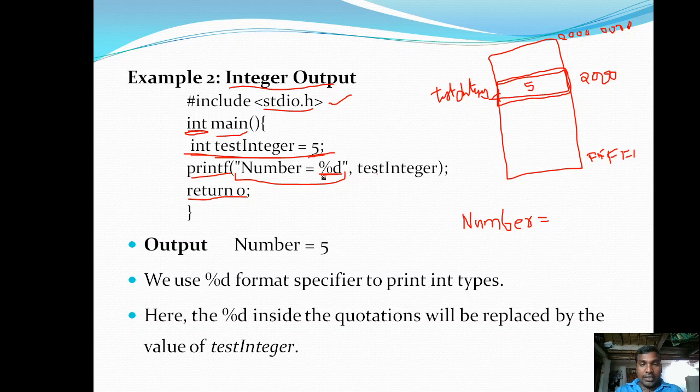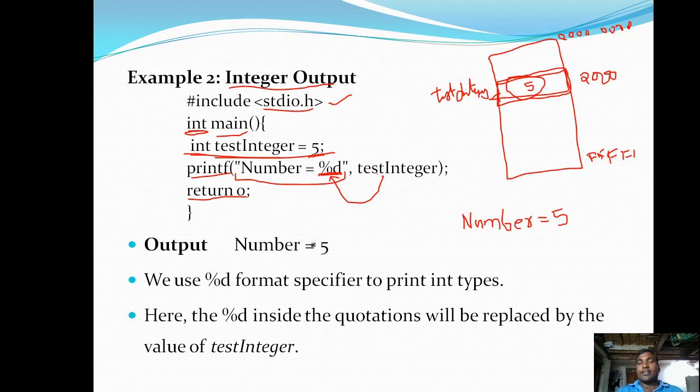Here percentage d is an integer format specifier, so it is going to print some integer value in this place. The integer value is available in the variable specified after the comma. Here test integer is the variable name of integer type, so it is going to print whatever value is in the test integer memory location, that is 5. So that 5 is replaced here. So now the output is number is equal to 5.